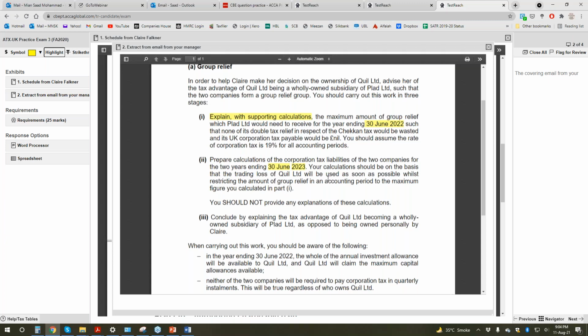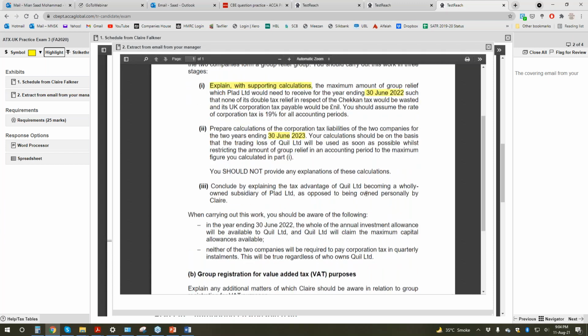But obviously, if other options are not available and carry forward is the only way, then after relieving maximum loss as soon as possible, the remaining loss you will mention in the question can only be carry forward. Now, third part, conclude by explaining the tax advantage of Q Limited becoming a wholly owned subsidiary as opposed to